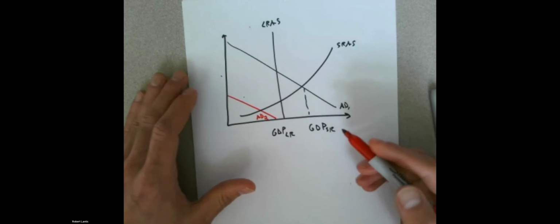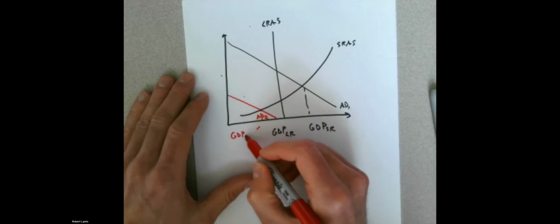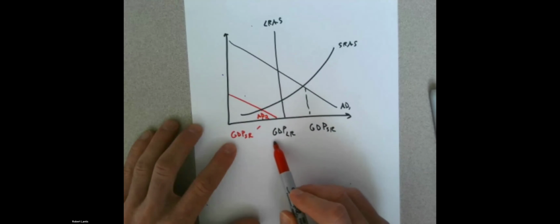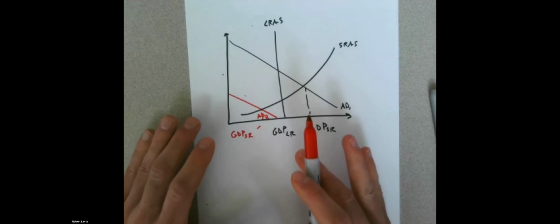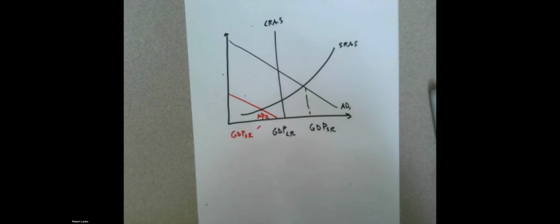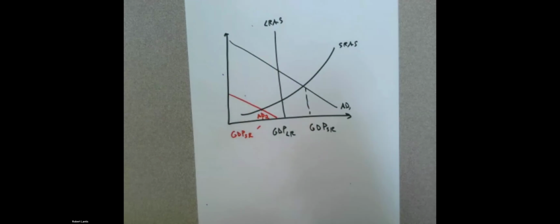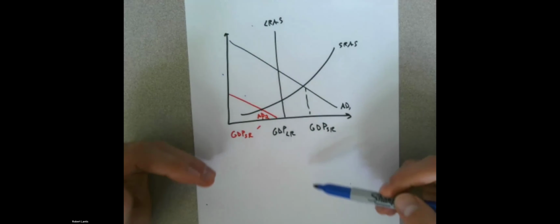So maybe we cut spending a lot. What would that do? Well, it would decrease our GDP by too much. We've now created what? A recessionary gap. However, the government might do that because they know as soon as they lower spending or increase taxes, what is the secondary effect going to be? Well, we said that that increases the supply of loanable funds,